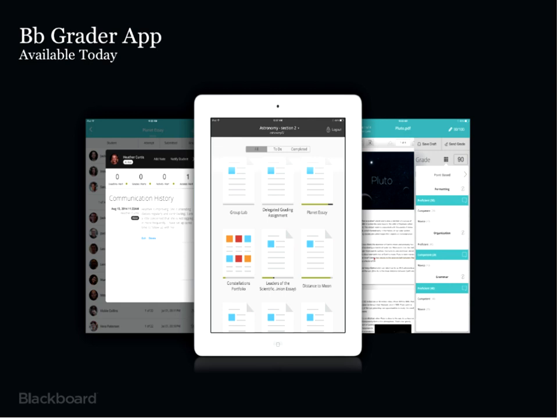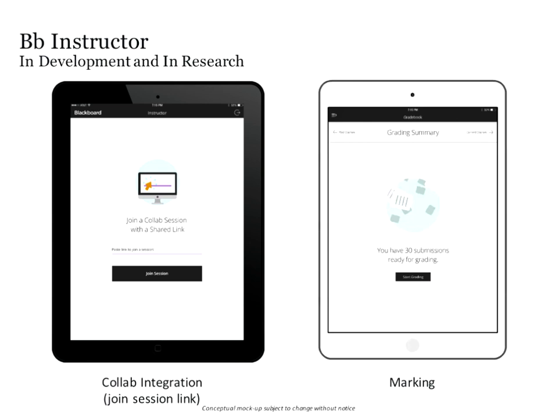Available today is a BB Grader app. This was our first foray into an application designed for instructors, educators, and evaluators. It is available today in a number of languages, and we're going to be building on that concept. It will be a separate app. We are going to be introducing BB Instructor, and we have two major milestones that we're focused on for this year.